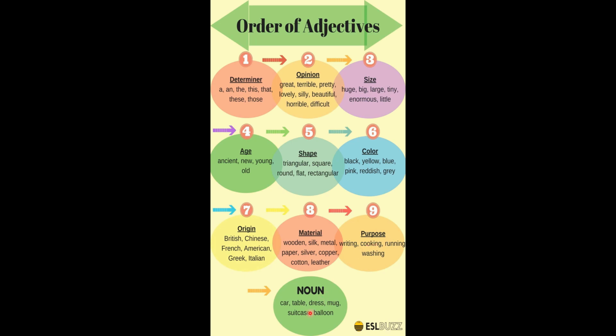After that, all 9 adjectives are there. Suppose in a sentence all 9 adjectives are there. After that, finally we have to give a noun. So what will a good student do now? He will add one word from each circle and make a big group of adjectives and noun. See here, we will do it now.